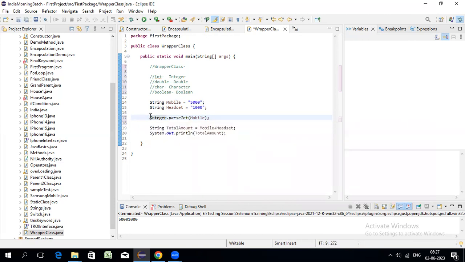Now I will create one more variable, mobile price. What data type should I give for this variable? Int, because now this is an int. Now can somebody tell how to do it for headset also? Int. Int headset price equals to